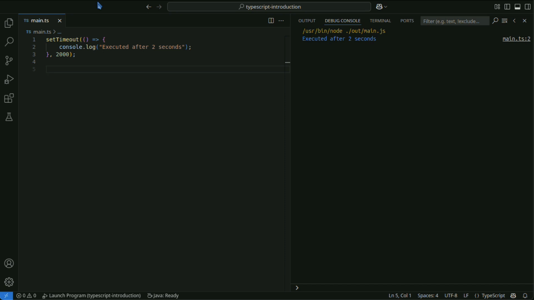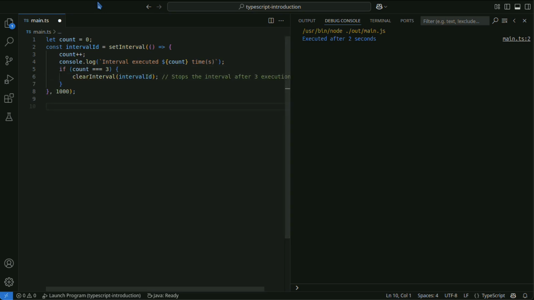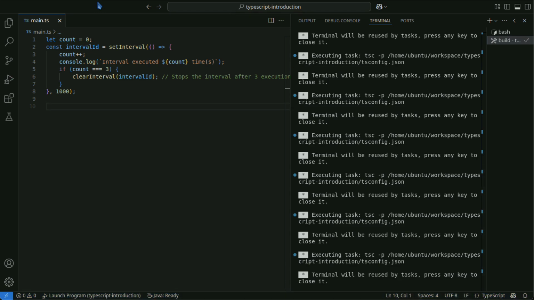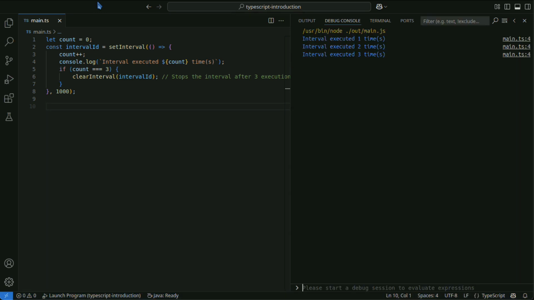The setInterval function repeatedly executes a specified function at the specified interval, in milliseconds. This example displays a message at 1-second intervals and stops after being executed 3 times.